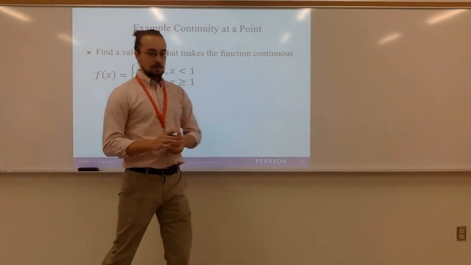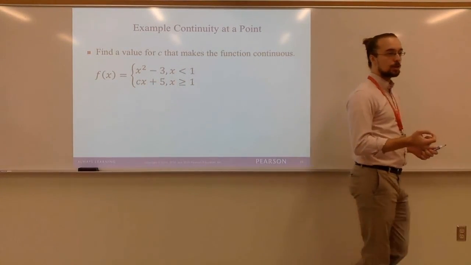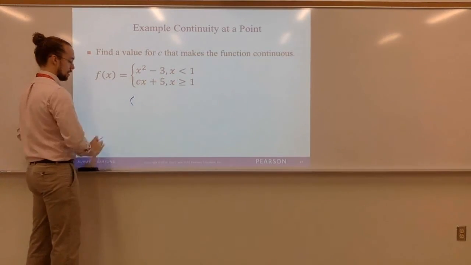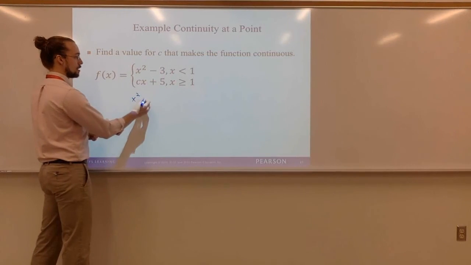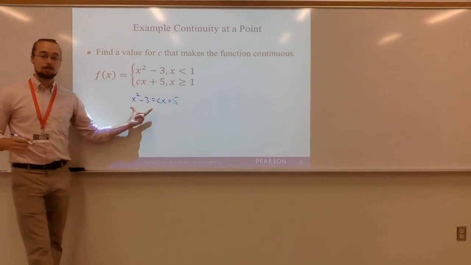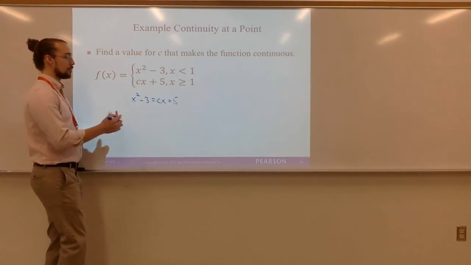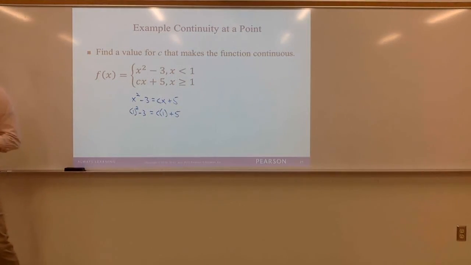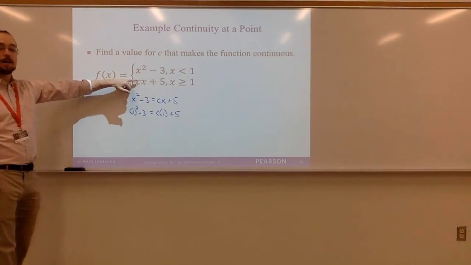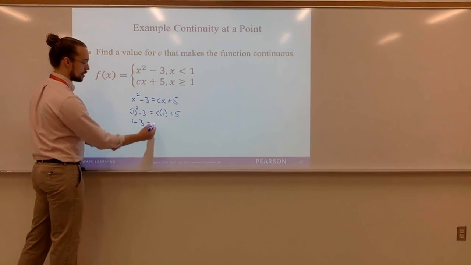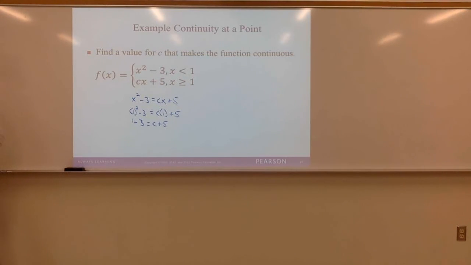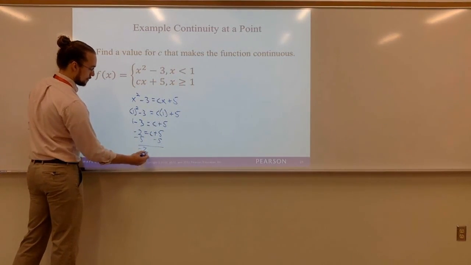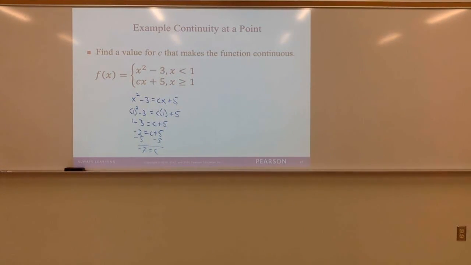Okay? Well, I want this function then to be equal to -2 at x equals 1. Right? So essentially what we're doing, right, is setting, I'm going to do a bunch of steps here. I'm setting these pieces equal to each other. Right? I want them to be equal to each other at 1. So I'm going to set these equal to each other and then plug in 1 for x. Okay. I want these two pieces to be equal to each other, their y values to be equal at x equals 1. So this actually then becomes a pretty easy thing to solve, as long as we understand what we're doing. So we get negative 2 equals c plus 5. We get that negative 7 will be a value for c that makes this function continuous at x equals